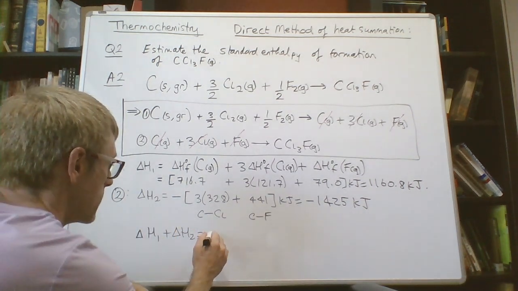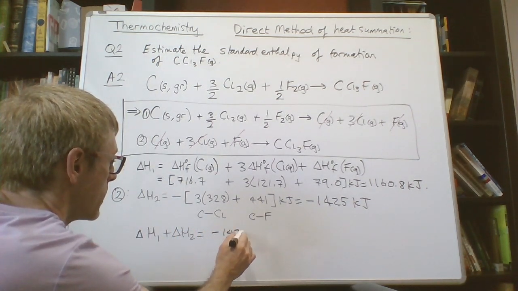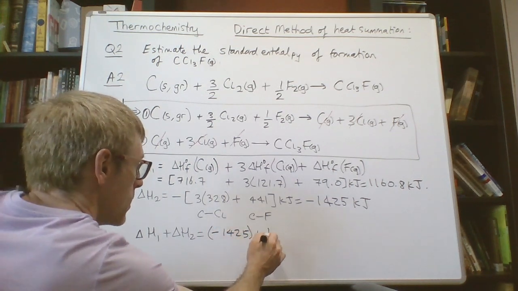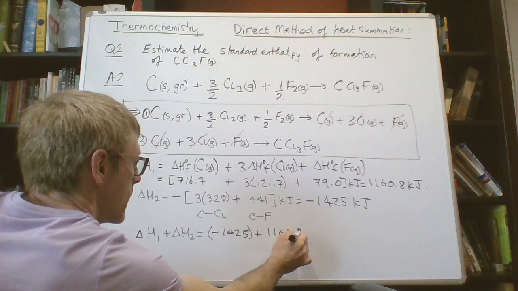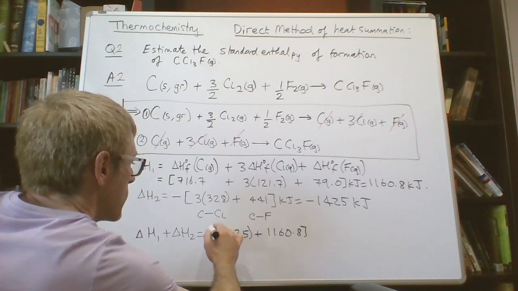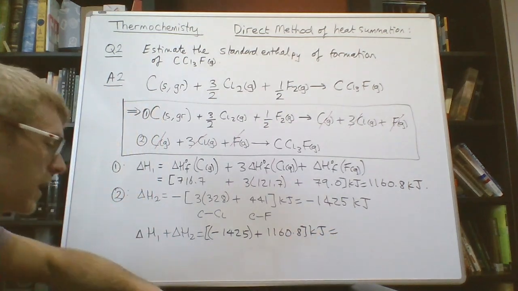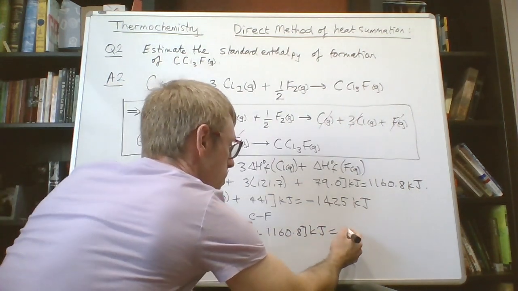And that's just going to be negative 1425 plus 1160.8. The whole thing has units of kilojoule. And that's going to give negative 264.2 kilojoule,